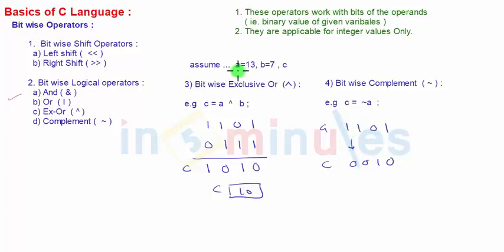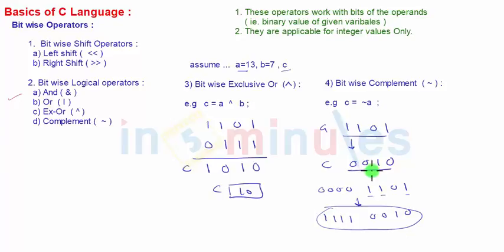Actually, if you see, if A or C was a char variable, it would actually be an 8-bit variable. So this will not be a 4-bit value, it will actually be an 8-bit value. In that case, this value will be in the 8-bit form as 0000 1101. When it is complemented, it will actually be 1111 0010. Only these bits will be converted to 0, and others will be all ones. So if we evaluate this value, it won't be a value like this. It looks like the value is 2, but the actual value of this will be 242.